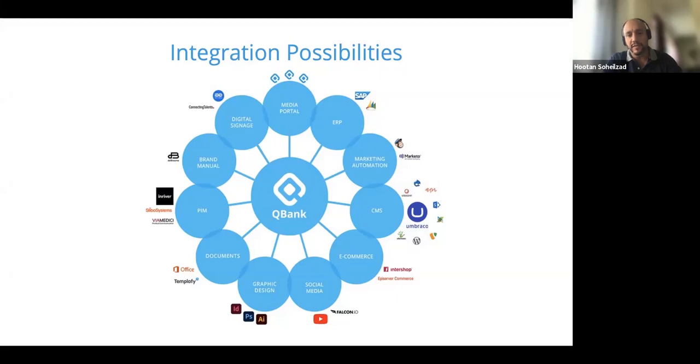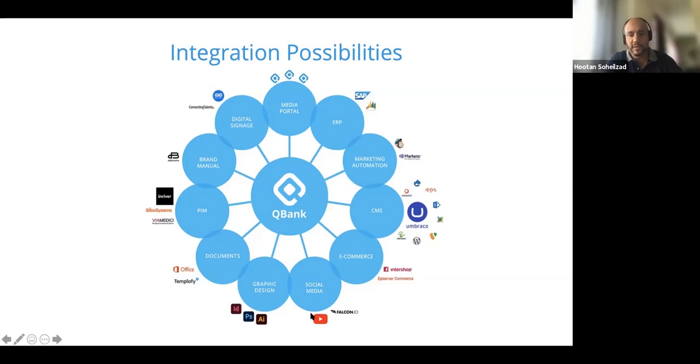One way is that the administrators in QBank can make assets available in Umbraco, for instance, and then the users of Umbraco would be able to pull those approved assets from QBank within the interface of Umbraco, which I will show you soon. The other way of doing an integration is that QBank can push assets out to other tools,